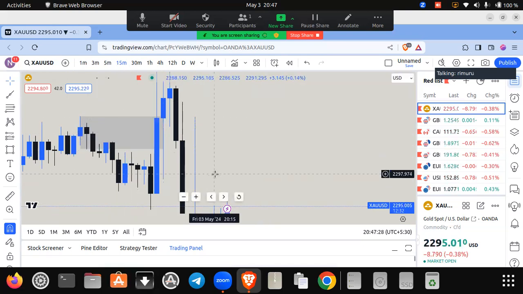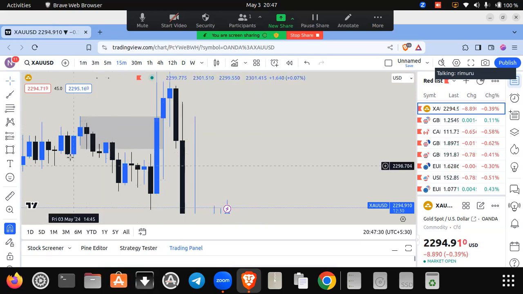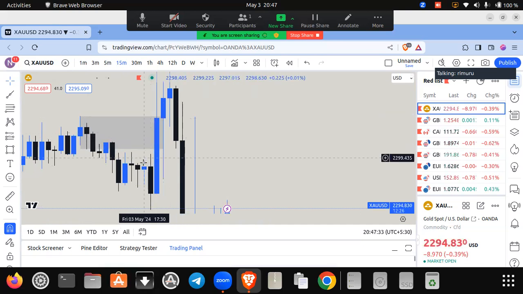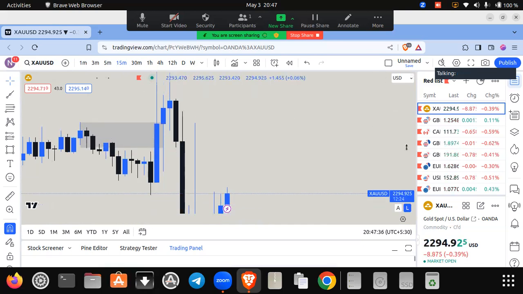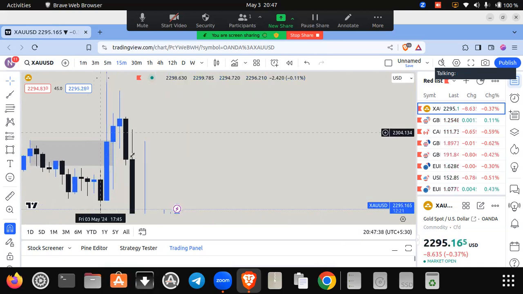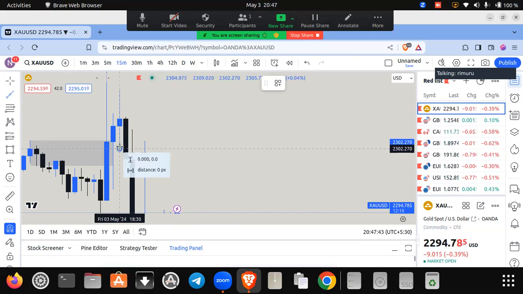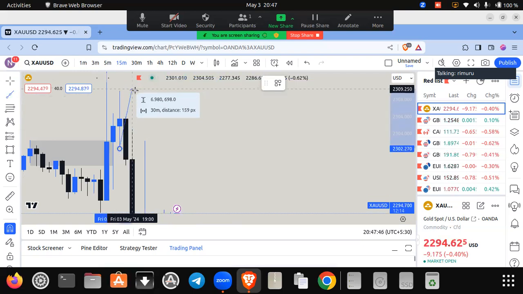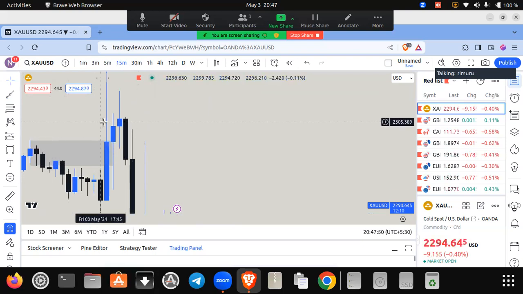Now we know that this zone is an engulfing sell fail, and we know that this is used for buying purpose. And after the closure of the candle, the price retested this zone and also gave us 70 pips. And again, this zone has broken